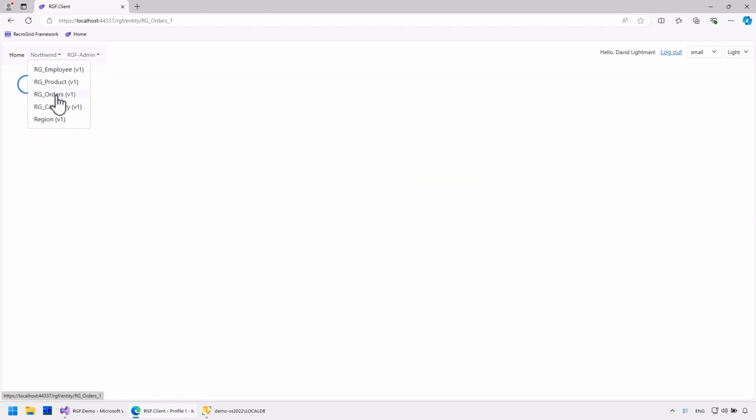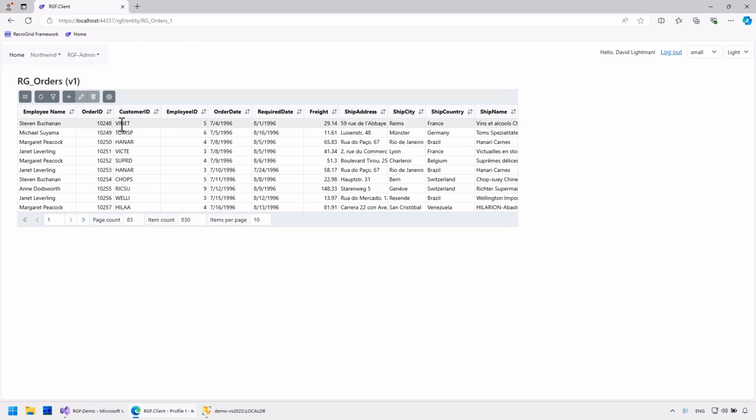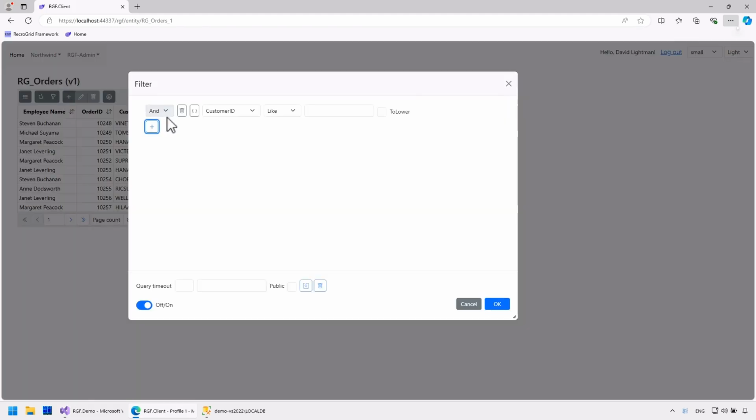Next, we will create an example using parentheses and dates. This is the orders grid. I want to filter for the 7th and 9th months based on the order date. I will provide the from and to conditions in parentheses.